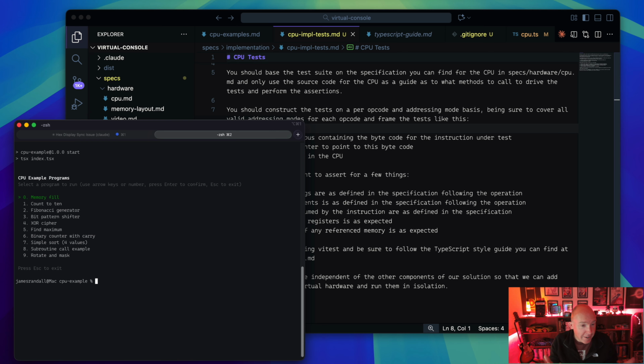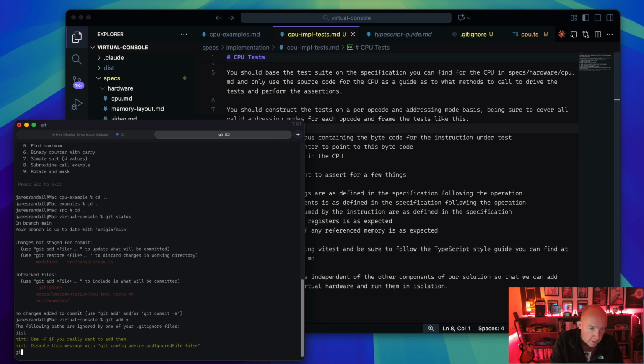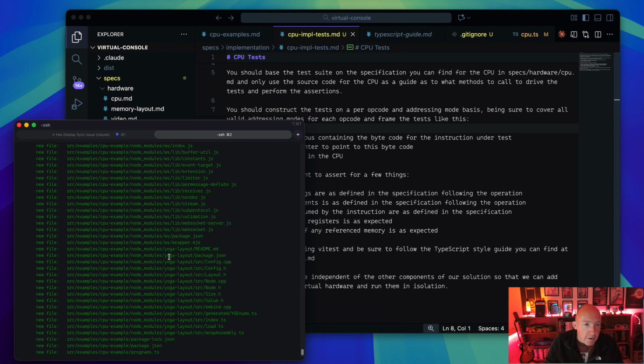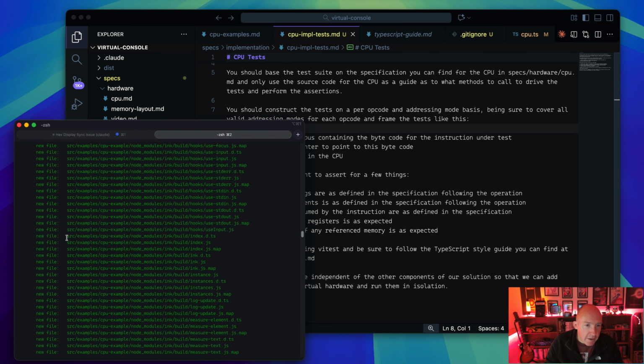But in any case, that's looking pretty good. I'm going to back up a few folders. I'm just going to add things in. Okay, we're not going to look at the code. There's a missing git ignore. So we're going to have to unstage that. Okay, there's a missing git ignore file. So it's put all the